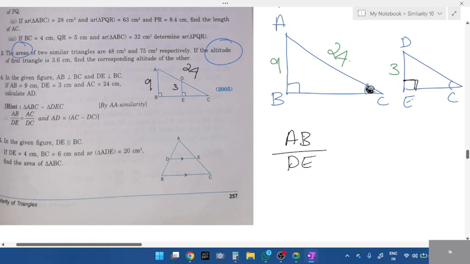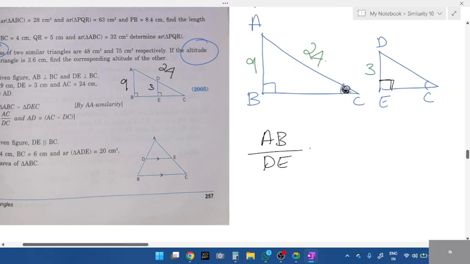Isn't it opposite to angle C? Next, what's the other side given for the first triangle? AC is opposite to which one? Right angle? Yes, very good. Exactly. Opposite to the angle, we have AC. Substitute the values. 9 divided by 3 is equal to AC